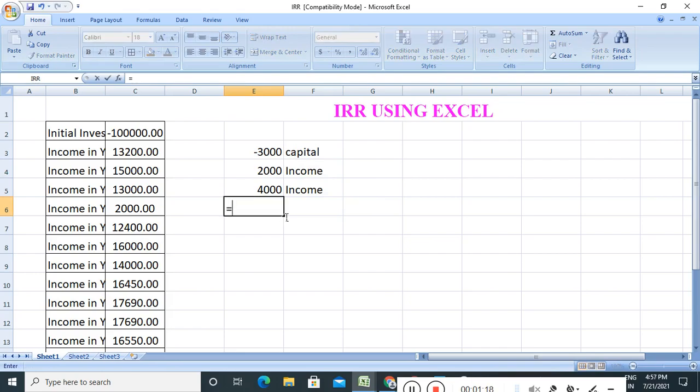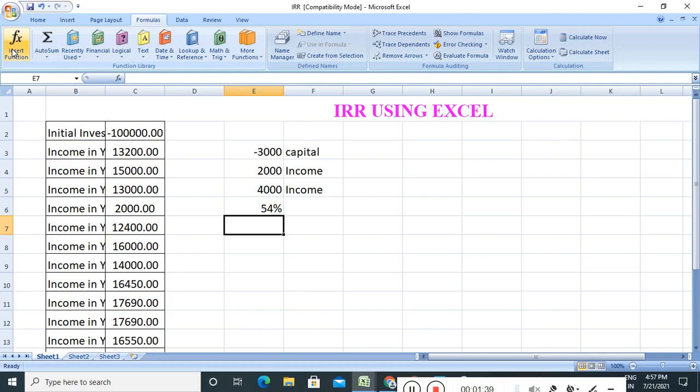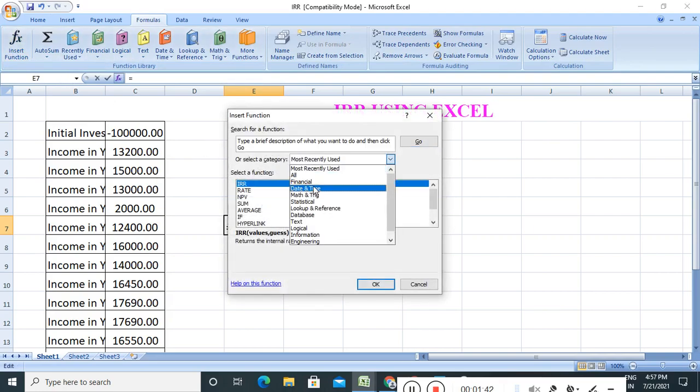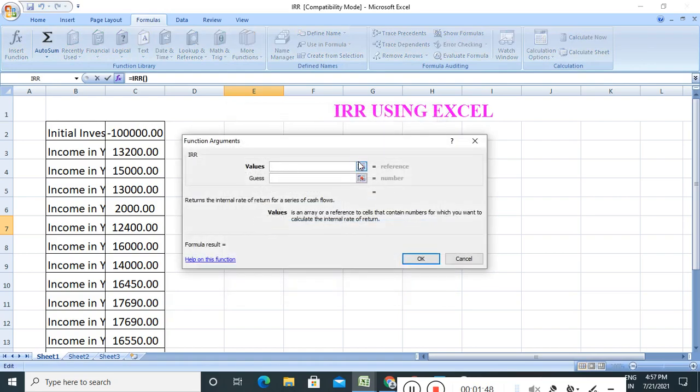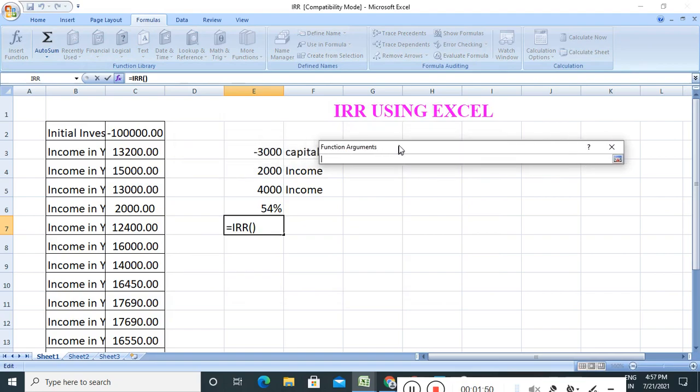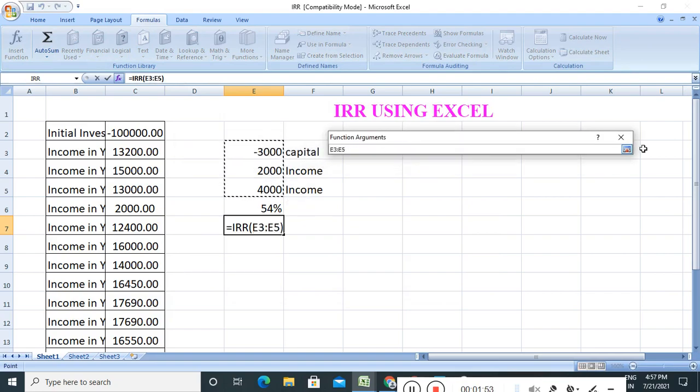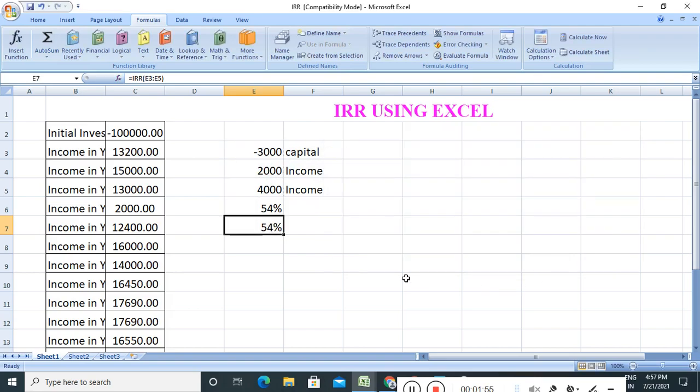Now what is IRR? You have many methods, but it is better to use this one. Type equal to IRR, you will get the formula bar here, select the values, close the bracket and see the answer: it is 54%. There is another method also. Go to the formula bar, insert function, choose financial, IRR, then select the values,